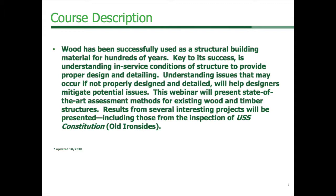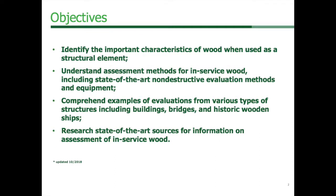some questions. And then what I'm going to do is put up some projects that I consider interesting, that we've been involved with over the years, that will show those various technologies being used and present results from them. We've got things in there from some large glued laminated structures up to inspection of Old Ironsides, or USS Constitution. So that's the course description, and what our objectives will be today are, first of all, to